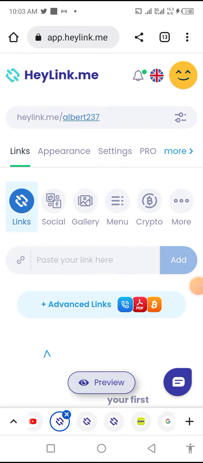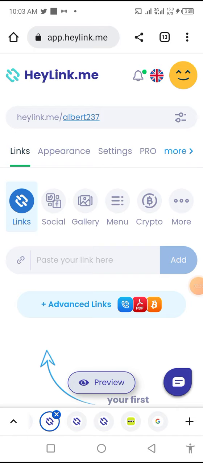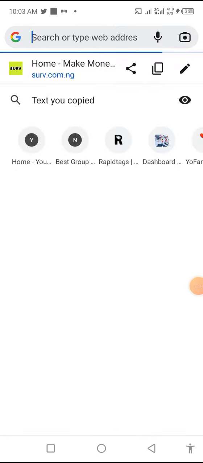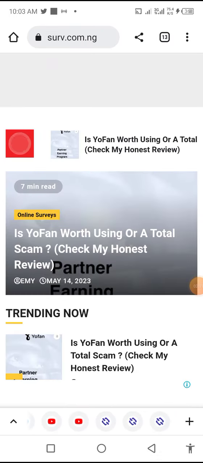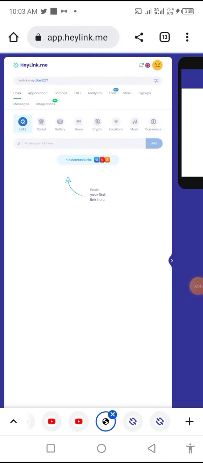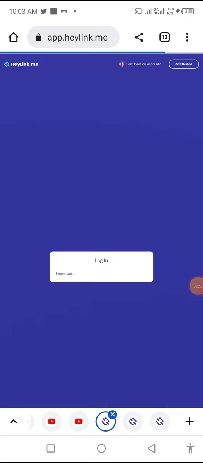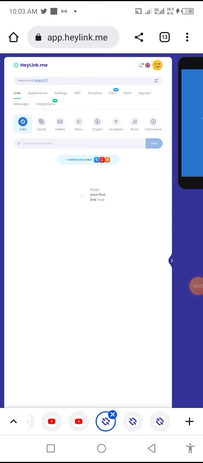I'll use one of my websites, soft.com.ng. I copy the URL and paste it here, in the box that says paste your link here.